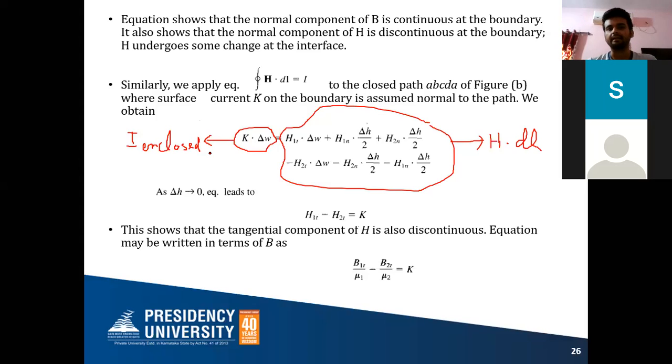Now, why have I written here I enclosed as K into delta W? See, I said K into the perpendicular length we should take, correct? Refer to my lecture on the magnetic field due to an infinite sheet of current. In that lecture, I discussed that current enclosed is nothing but the surface current density into the perpendicular length. I also explained that the perpendicular components will cancel out each other, that means components along the z-axis will cancel out each other. That means here in this case,